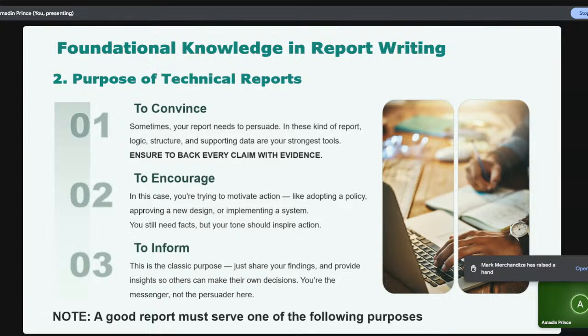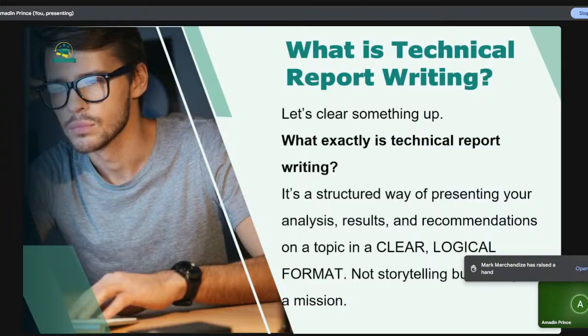You don't necessarily need to do it to encourage or to convince. Those two are strictly for business purposes. The third one is for school and all that. A good report must serve one of the following: it can either convince, encourage, or inform. Now we'll move on to the next one, which is